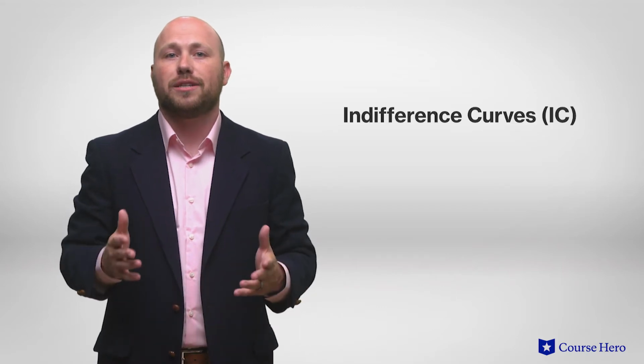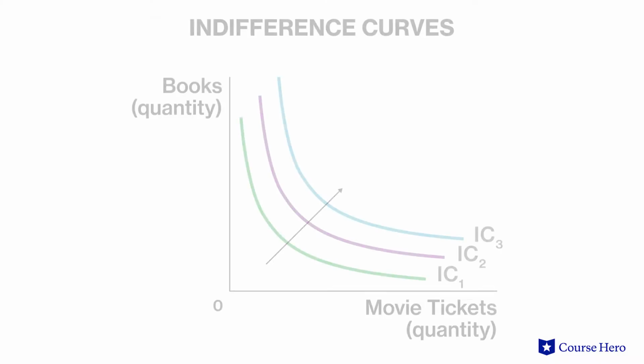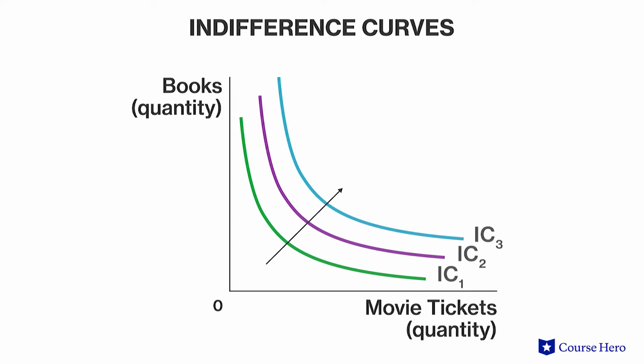Consumers make choices based on what will bring them the most happiness, and one way this is represented graphically is through indifference curves. An indifference curve shows the utility consumers get from consuming combinations of two goods. Indifference curves can be thought of as level sets of happiness, where each indifference curve represents a particular level of utility. Along any of these curves, the consumer is indifferent among any of the different points on the curve. In other words, the consumer gets the same utility from all of the various combinations of goods X and Y